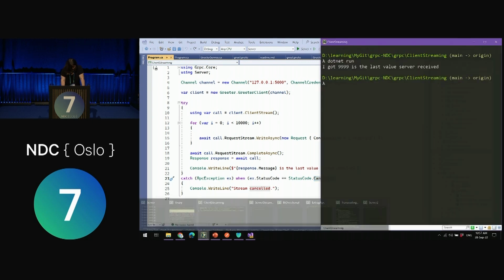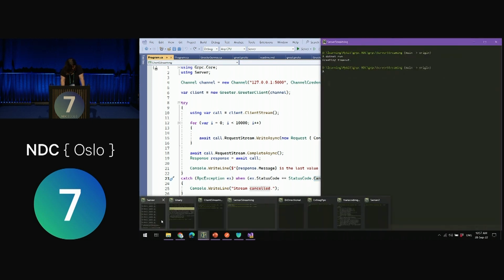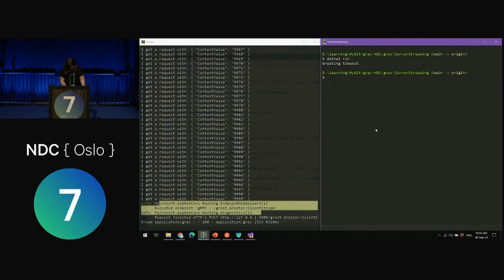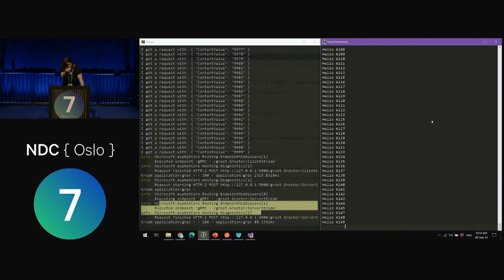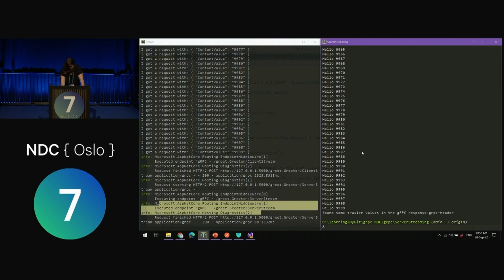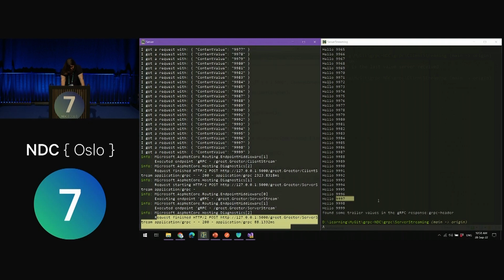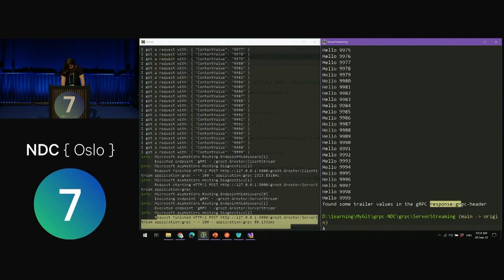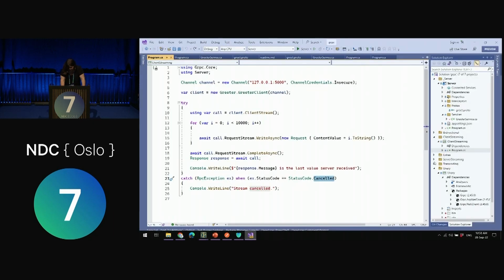So client streaming, we watched this. Let's see the server streaming. So you see the information in there, still running. I'm going to run this. The server is streaming back things from the server side. So several things out, one thing in. Okay? And you're going to see some things in there, like found some trailer values in the gRPC header that I'm going to show you. So basically, in server streaming,